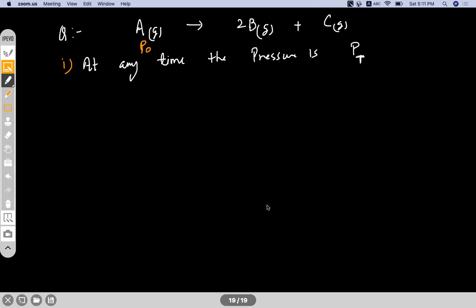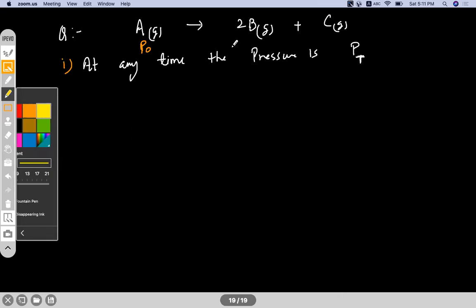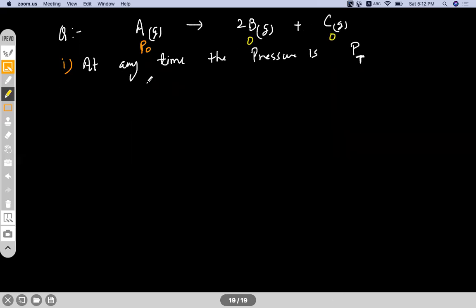2 P naught by 3 P naught minus PT. Okay, right. So what we'll do here, we'll write down this is P naught, and initially the pressure of B and C is 0 and 0. It becomes P naught minus P1, so this becomes 2P1 and this becomes P1. So total pressure PT here at this point would be P naught minus P1 plus 2P1 plus P1, that is P naught plus 2P1, correct? So P1 from this, because P1 is not given, is PT minus P